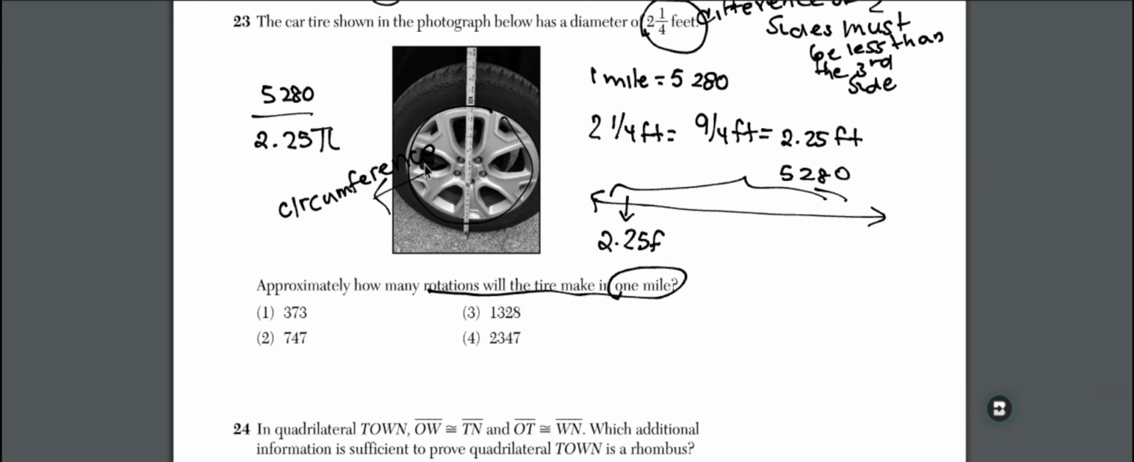So the circumference of my circle is C equals pi d, or C equals 2 pi r. So I know my diameter is 2 1/4 feet, pi, and that is my circumference. So I'm going to divide 5,280 divided by 2.25 pi. And I'm going to get